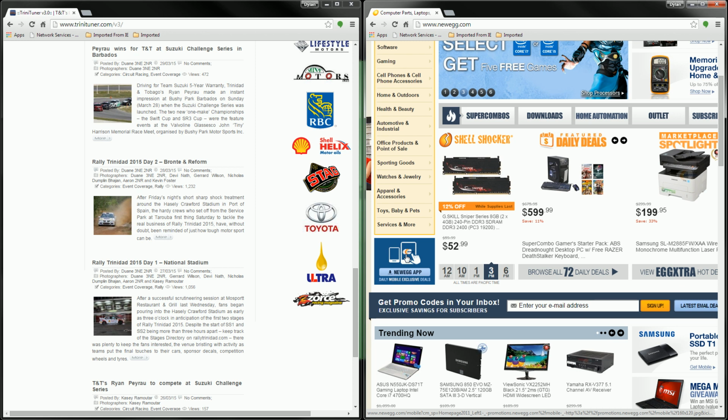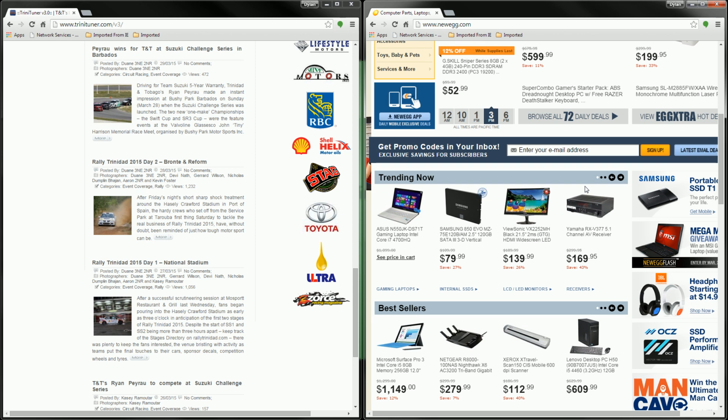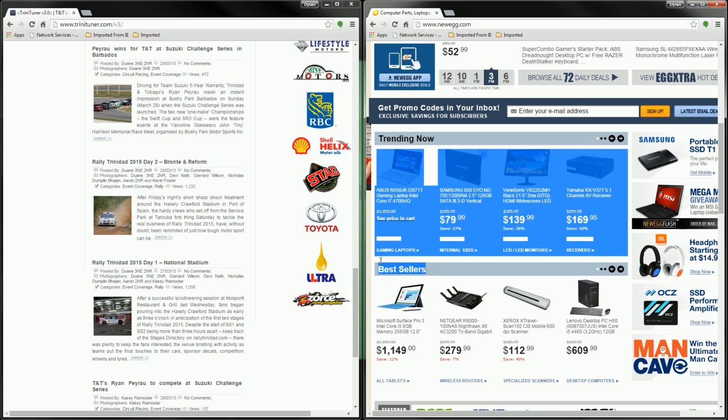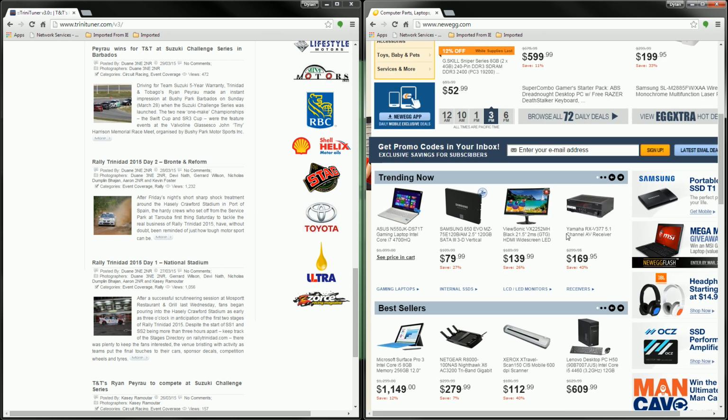If you scroll down, you could see that they have clearly highlighted different sections so as to avoid confusion as to what the user will be clicking on. So first off, here's trending now. So this more or less will give a user what people who come to Newegg usually buy, like the more frequent items that people tend to shop for. So trending now, you could see there's a lot of laptops, LCDs, home theater systems,